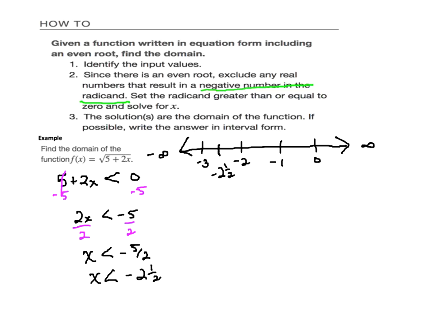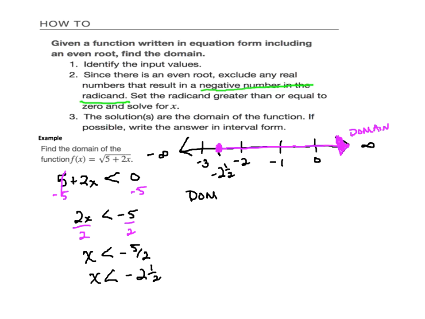If x is strictly less than that, then I'm going to have an imaginary number. If it is equal to or greater than, I'm safe. So my domain consists of everything that is exactly equal to, so I'm coloring in the endpoint there to say you can be exactly -2.5. You just can't be less than that, and it can be anything greater. So this is my domain. This is a picture of my domain.